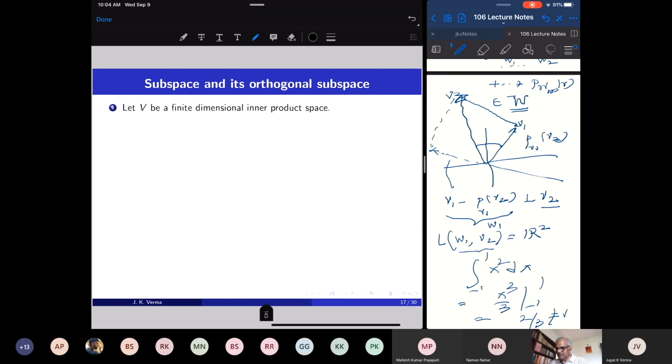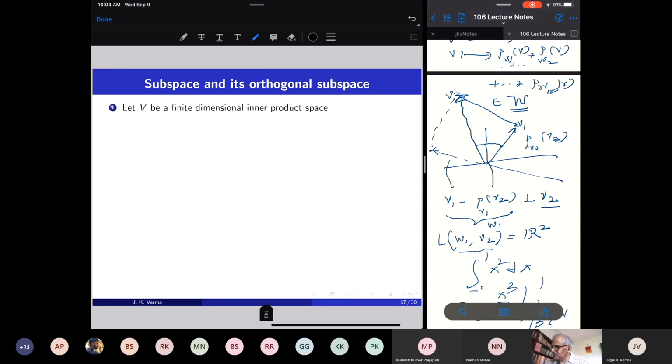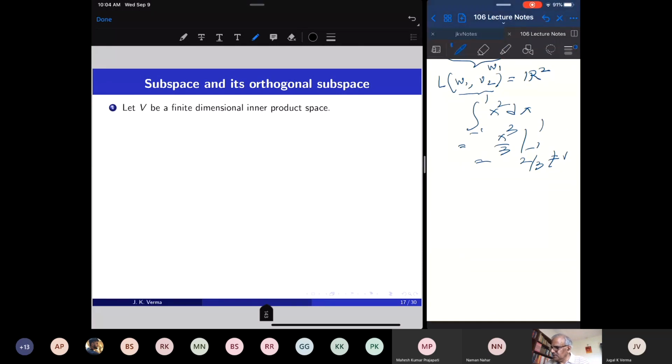Okay, now let us discuss the concept of orthogonal subspace, the orthogonal subspace of a subspace. We have come across this already. Suppose I have a plane in 3-dimensional space. The orthogonal subspace of this plane will be all vectors which are perpendicular to it. All vectors perpendicular to this will be along the line passing through the origin: take one vector which is perpendicular to this plane, and take all scalar multiples. So if W is this plane, then W perpendicular will be all vectors along this line passing through the origin, and these are perpendicular to W.